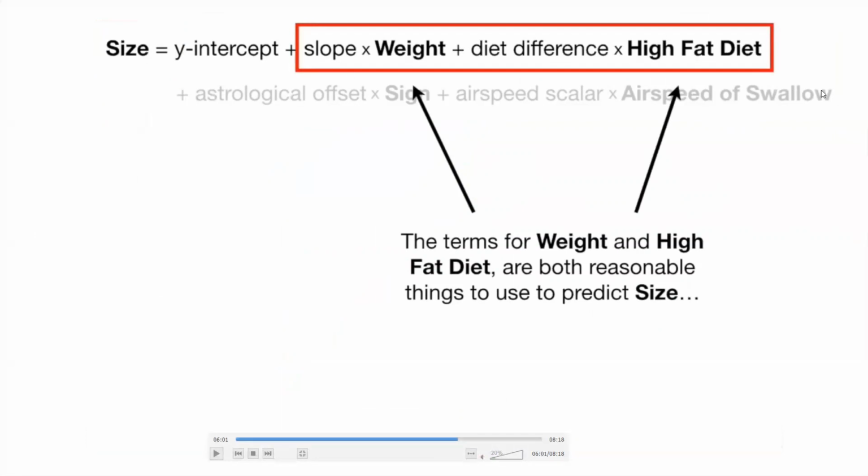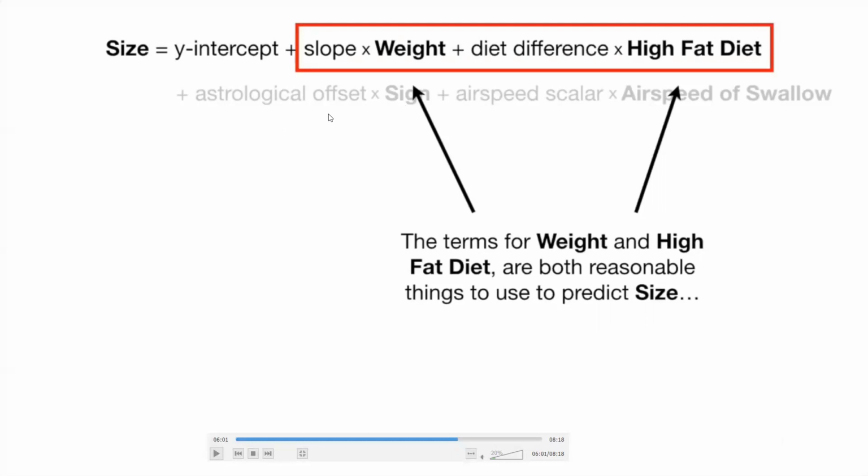We say the size of the swallow is dependent upon its weight, upon the diet that the swallow has, and somehow also upon its astrological sign, which doesn't make sense, by the way, but this is just a mock-up example showing that we can have an equation where some variable is not dependent on some other variable, right? For the time being, we are saying that the size of a swallow is dependent upon its astrological sign